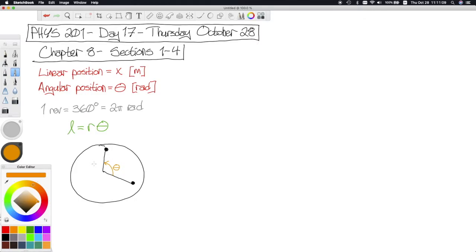So this angle theta is the angular distance, the amount that our system has rotated. Could be given to you in degrees or radians or revolutions, but we'll want radians for our formulas. And how this relates to L is that L is the distance the object would actually move as this table rotates. So this distance right here in blue would be L. And then the only other variable involved here is R,